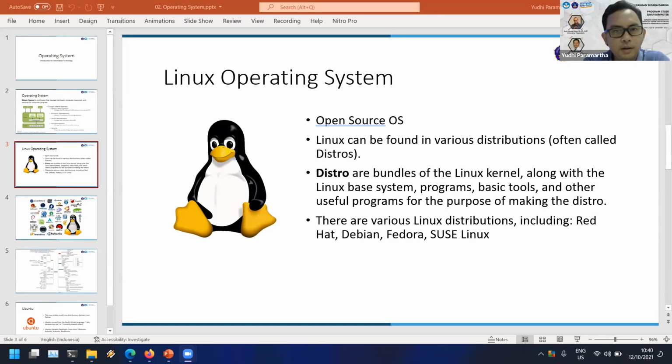Do you have any opinion about open source? Is free always open source, or is open source always free? The simple term for open source is that the source code of the program is open.